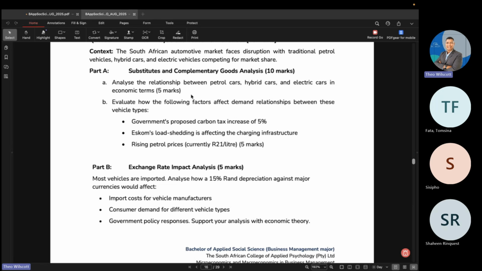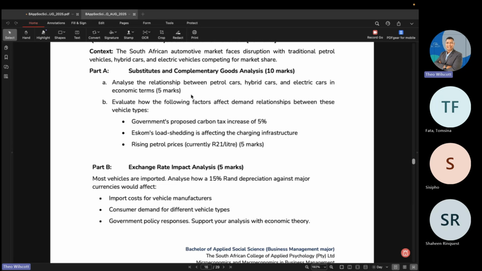Because if they substitute, it means that when the sales of one increase, or when the demand for one increases, then the demand for the other would decrease. So that is direct substitutes. Complementary products don't have an impact on each other in terms of demand and supply. So that is really what I'm looking for,